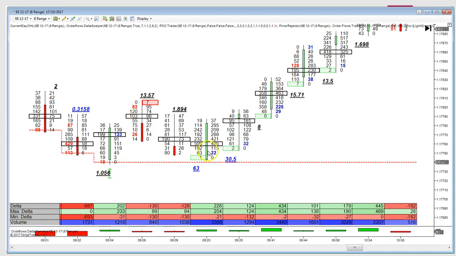117.74. You came back down within a tick of it. You got a single print, another single print, and then the market put in a nice rally. You do have a divergence. You do have some trapped traders down in here. That's what this green arrow indicates. And the market did put in a nice rally there.